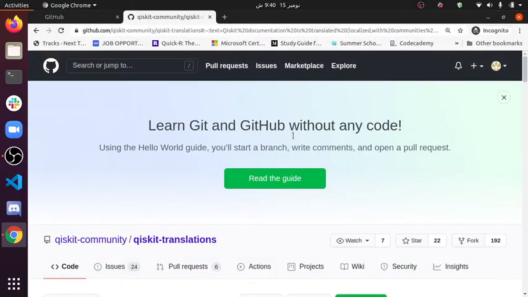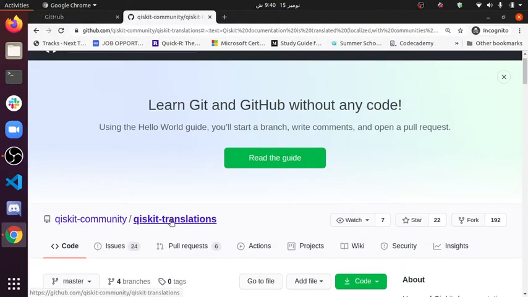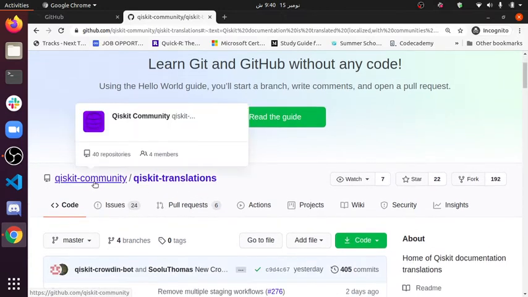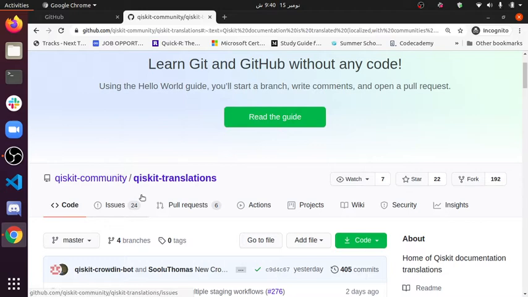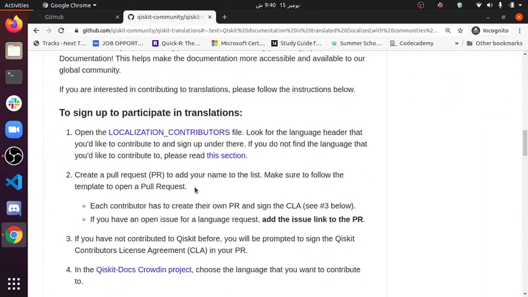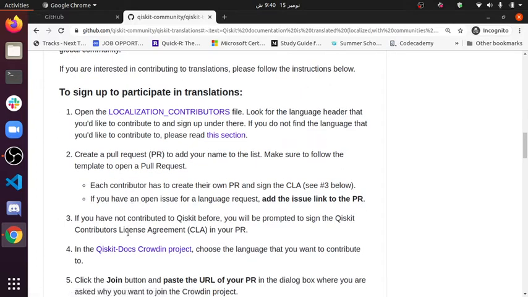So this is showing that it is a repository of Qiskit translations, and here it is written Qiskit community. It means that this Qiskit translations project is an official part of the Qiskit community. Now what we have to do is simply follow these guidelines.